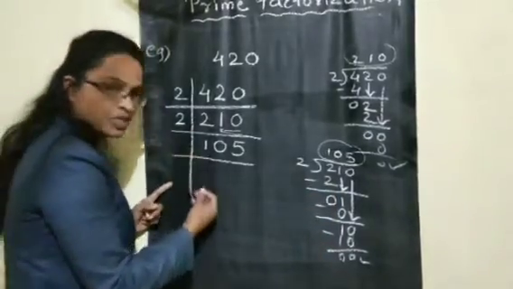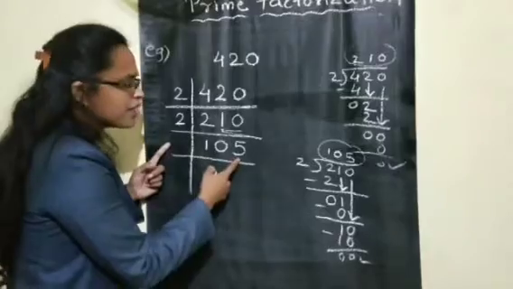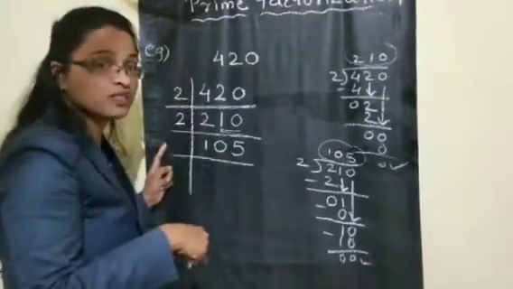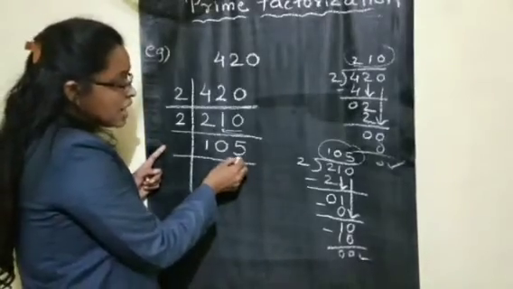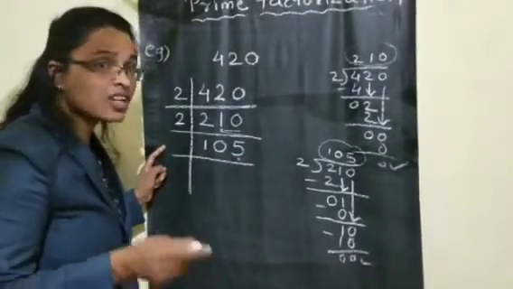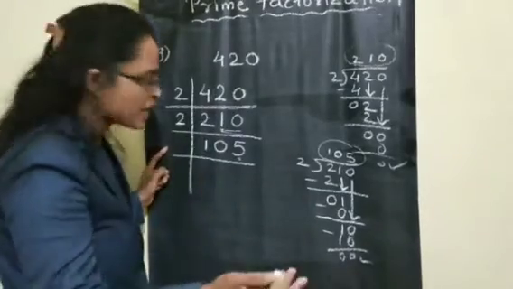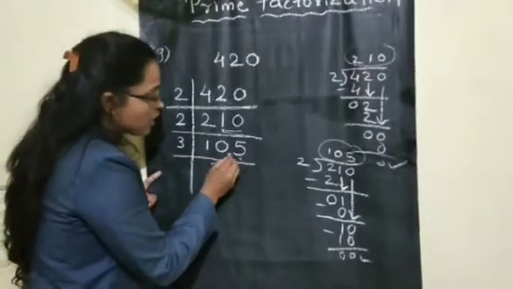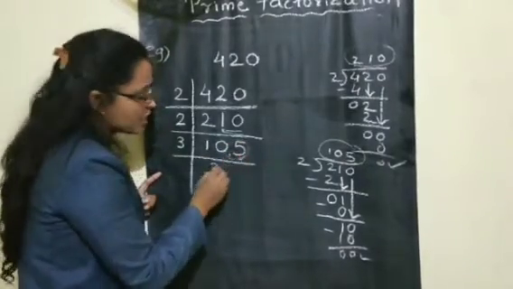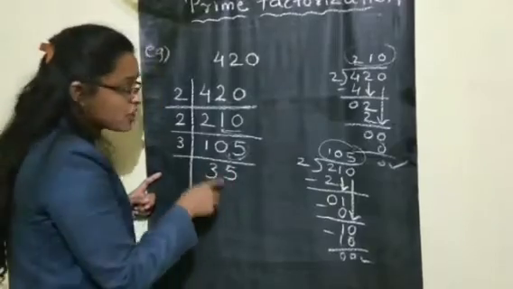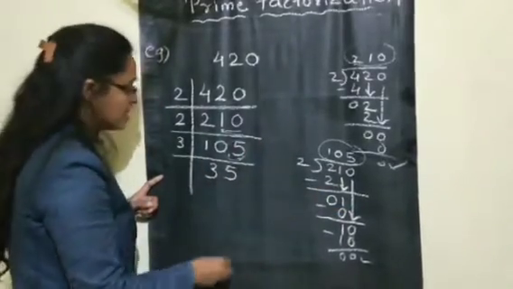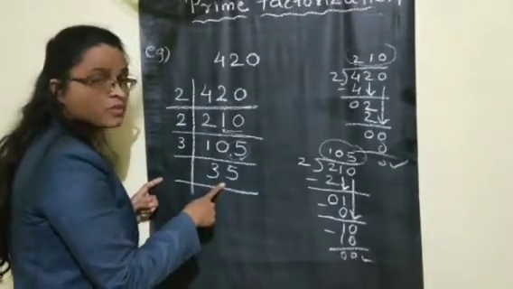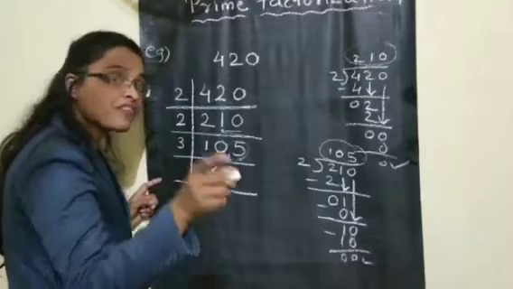Now let us divide with the next number. Can you divide by 2? No, because here you have to use the test of divisibility. In this number, the last unit place is 5 and 5 is not divisible by 2, so go for the next prime number 3. Now 3 3s are 9, children. Now 1 is left here, so this becomes 15. So 3 5s are 15. If you are not understanding, you can divide and check, children. Now can you divide again with 3? It's not possible. Then go for the next prime number 5.